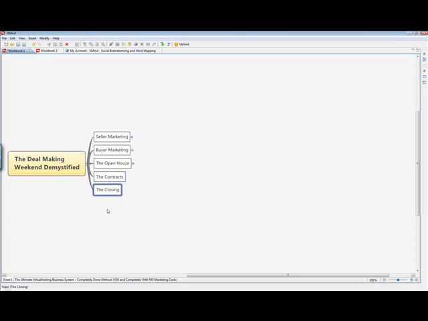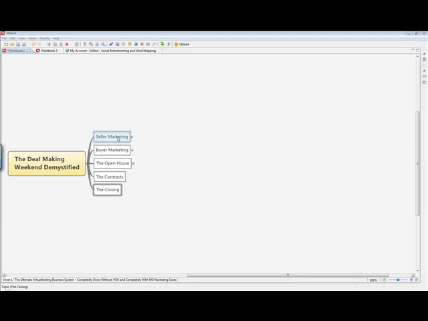Now we're just waiting for the closing to happen. The contract part is where you get your deposit, and the closing is when you get paid for the rest of the deal.